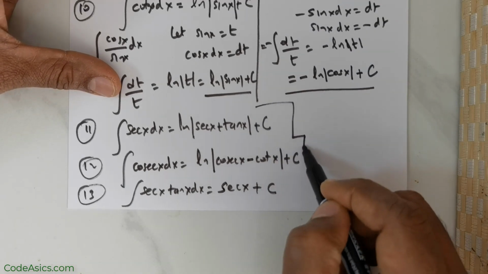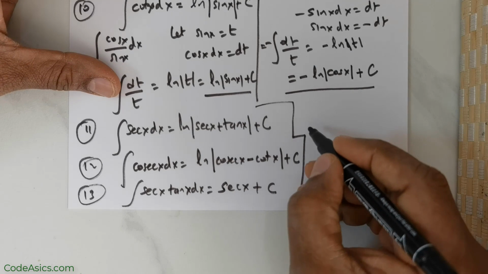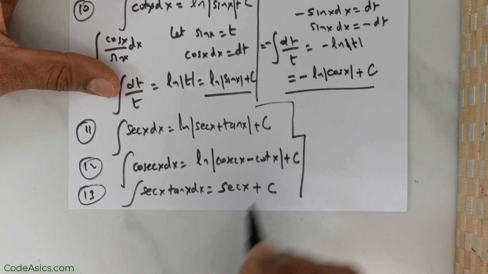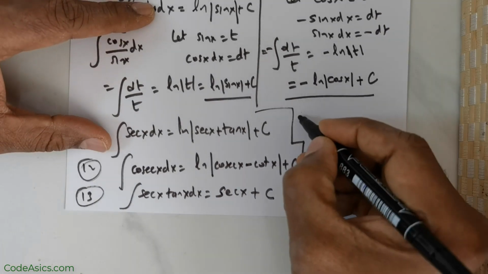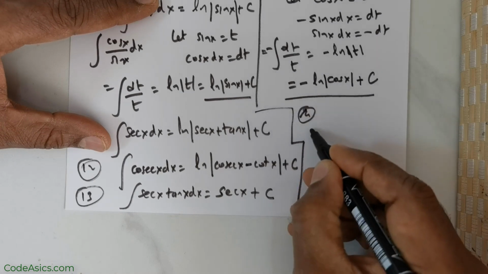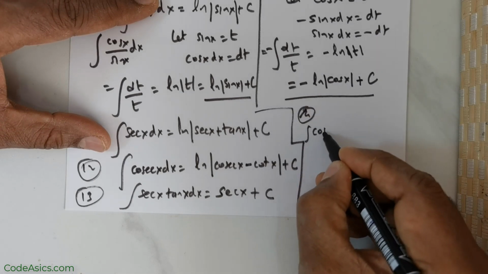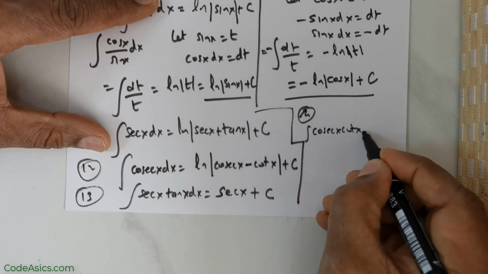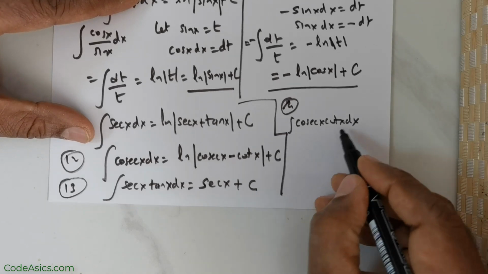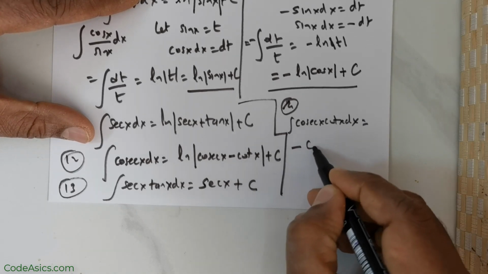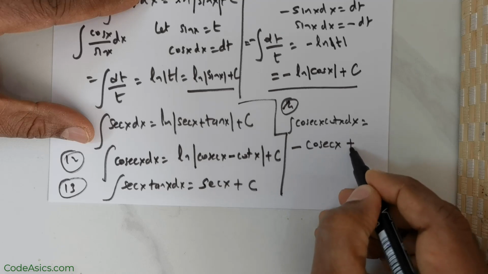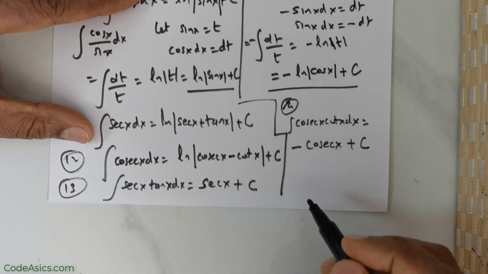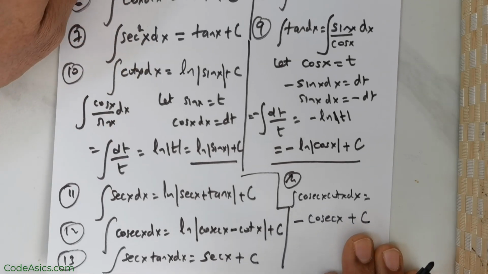Now let me give formula number 14, integral of cosecant x cot x dx. This is equal to negative cosecant x plus arbitrary constant c. So I have given you 14 formulae over here,